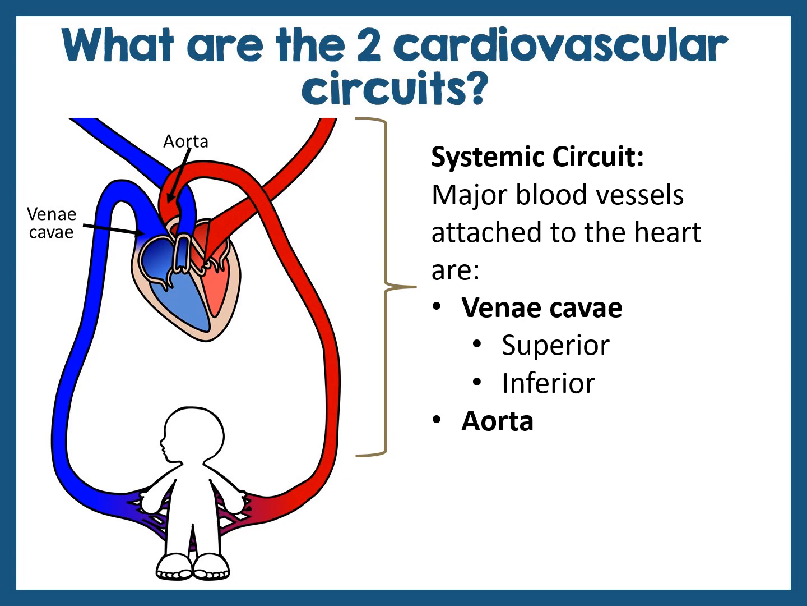In the systemic circuit, the main blood vessel that is attached to the heart is the aorta, and that is the biggest blood vessel coming off of the base of the heart. It receives blood from this lower chamber here, the ventricle. Then that aorta will branch out and deliver oxygen to all of the tissues. That oxygen will get used in the tissues and carbon dioxide will be picked up, and it will return to the